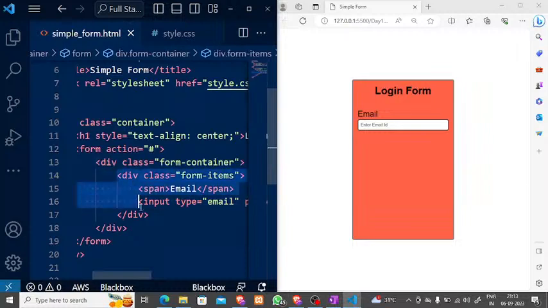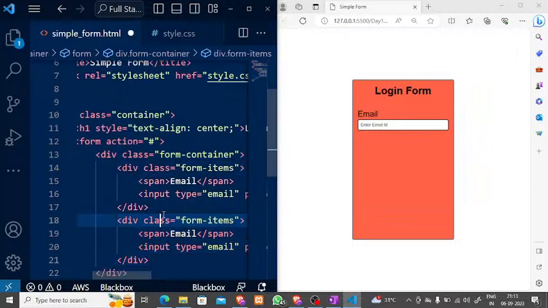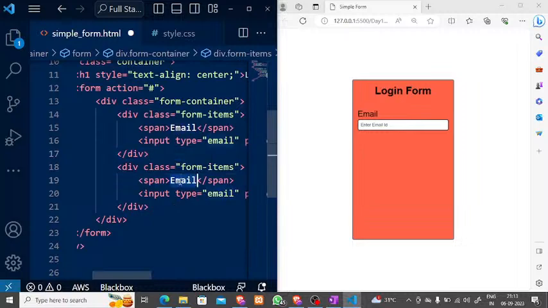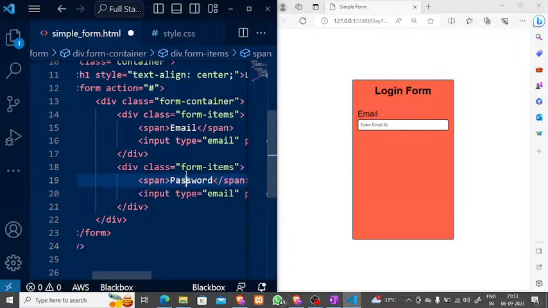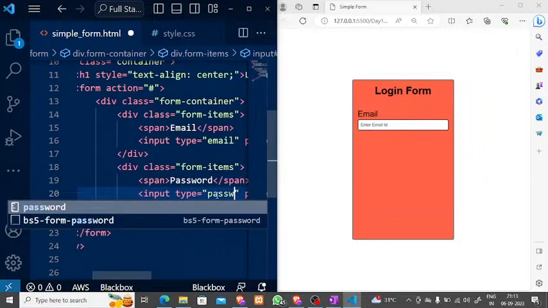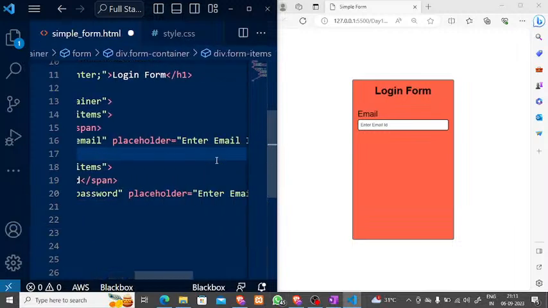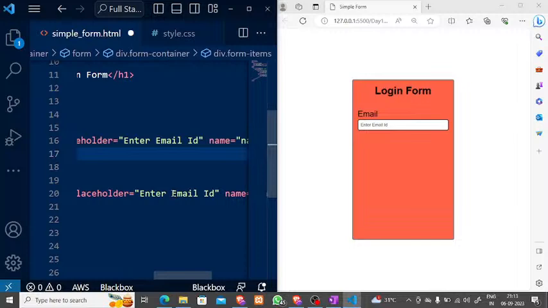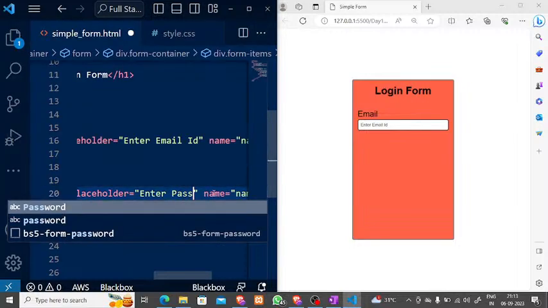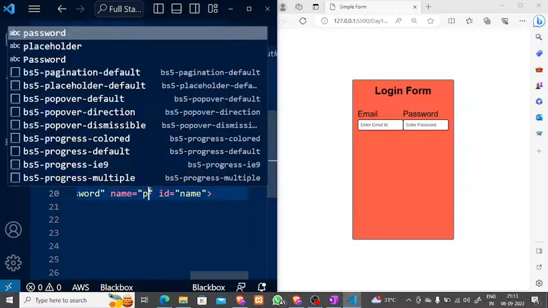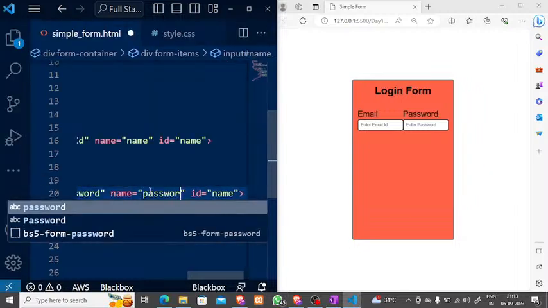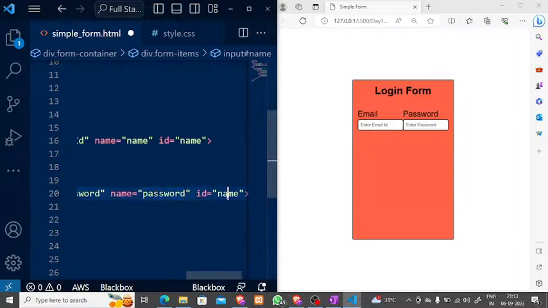After this, I want a password field. So this is for the password. Type should be password. Okay, guys, and placeholder: enter password. Cool, guys. And then I have to change its name attribute and placeholder attribute as well: password. If I will save it,